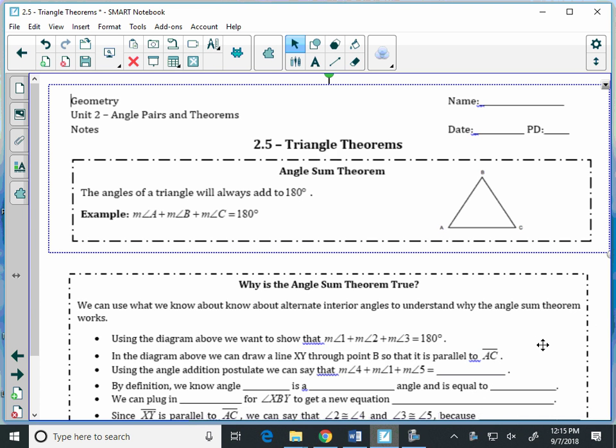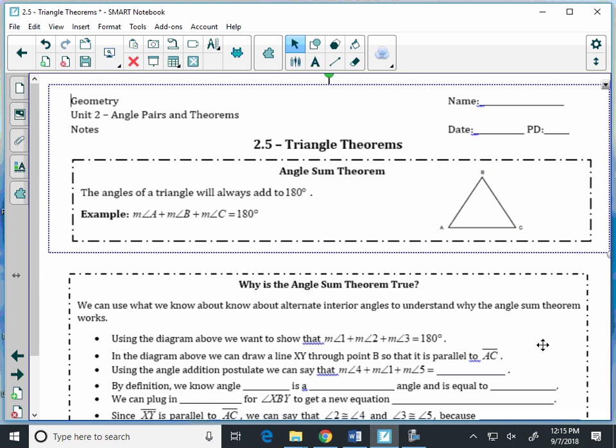Called the angle sum theorem. That's kind of what we're going to talk about this whole section, really important theorems that we're going to see and use throughout geometry that involve triangles. And the first one is the angle sum theorem, which says that all the angles of a triangle will add